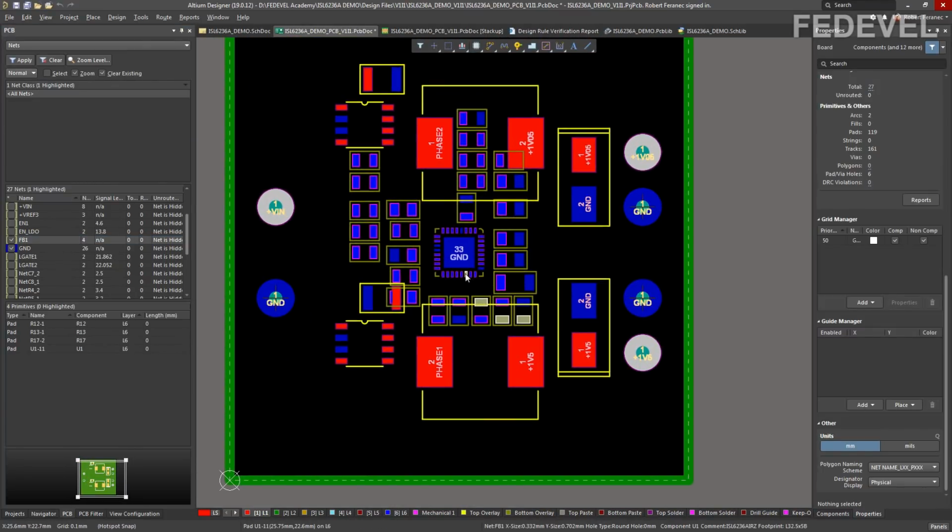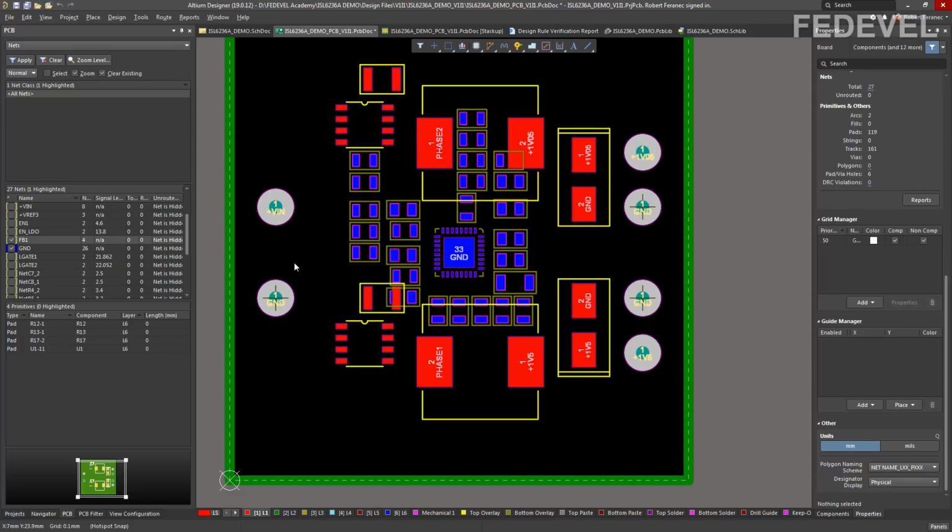We have two colors on our PCB, the blue color for ground and this yellow color for FB1. If you would like to hide all the colors at once, press F5 on your keyboard. Or if you would like to show the colors, press F5.